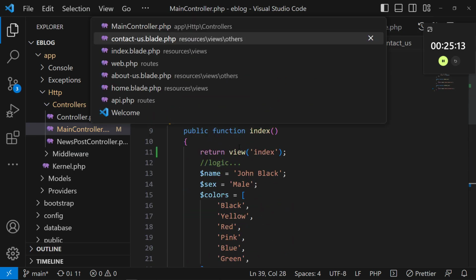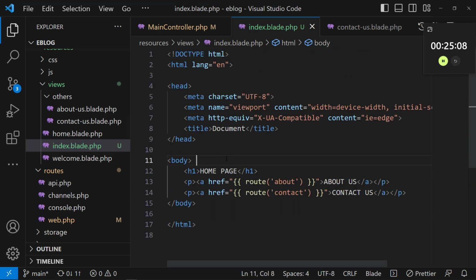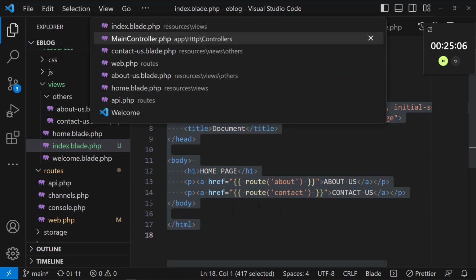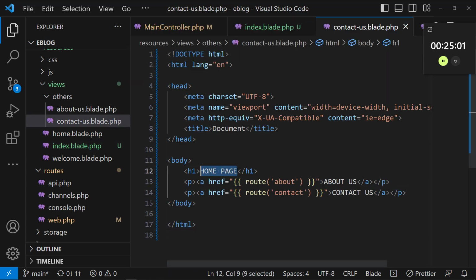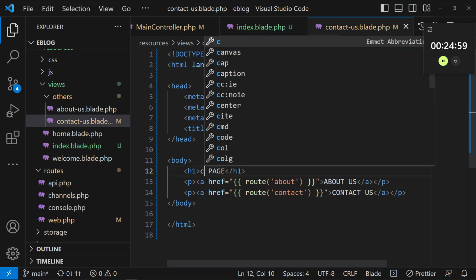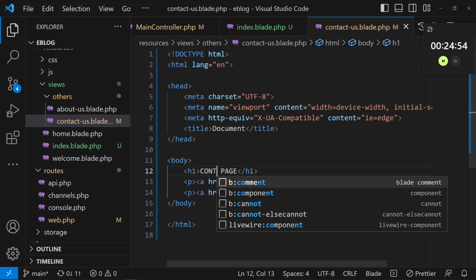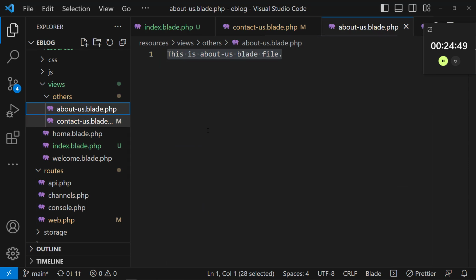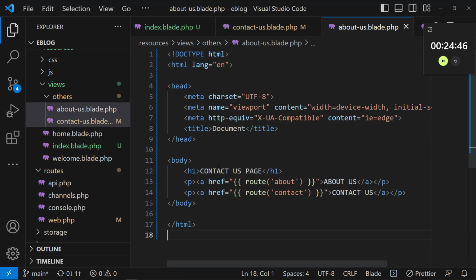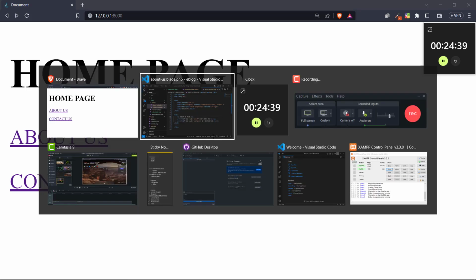Okay, so I can go ahead and copy. I copy just the same thing and come and put it in what? In the contact us page. And then I put maybe only this one, it is contact us page. I put there the name so I can differentiate them. Contact us page. I come here and put in Blade, and I remove everything that is there and put here about us page. So if I come and refresh, maybe the only thing that we have not put,